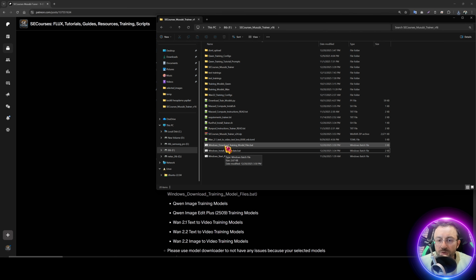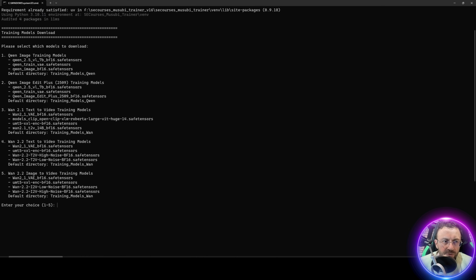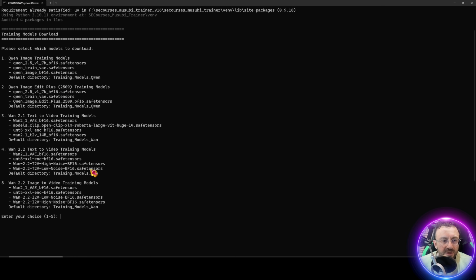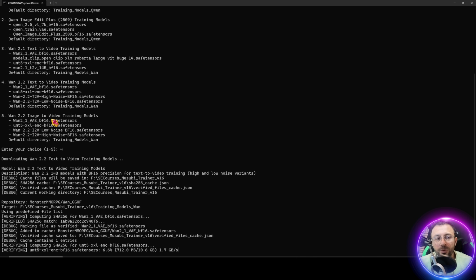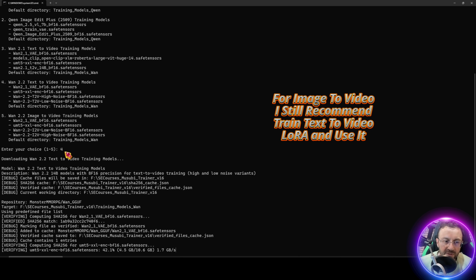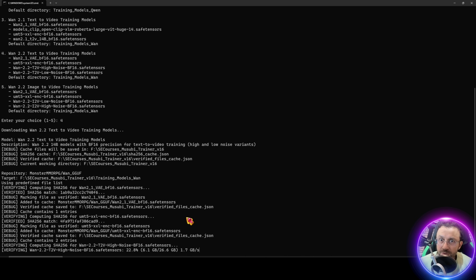Then double click Windows download training models.bat file. This file will ask you download which training models. For this tutorial we need Wan 2.2 text to video training. If you want to train Wan 2.2 image to video, then you need to download it with option 5. Since I already have downloaded the models, it will just verify their hash values, and once the verification completed, we